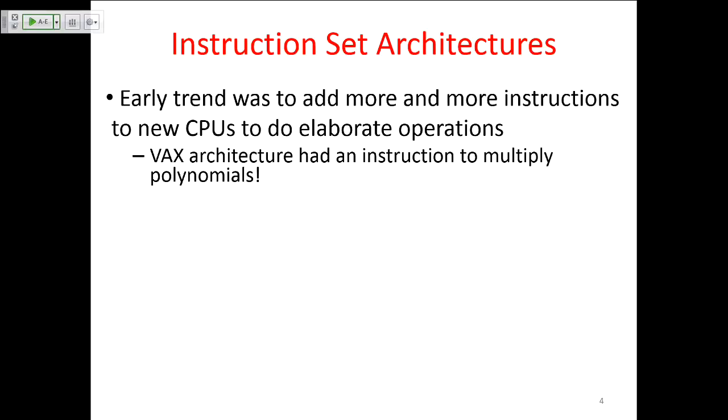So in early machines like VAX, one of the computers in the 70s, you had a task, okay, go multiply the two polynomials. That's not even like multiplying a few numbers. Polynomials could be whatever length, so it's a completely arbitrary, very complex task. It can be broken down into many, many small pieces, but they needed that task done, so they implemented it. And then if they needed another task, they would add another complex instruction. So these sets would be called complex instruction set